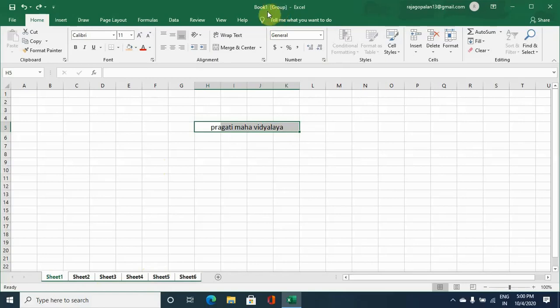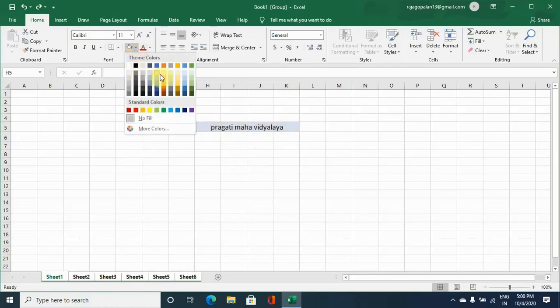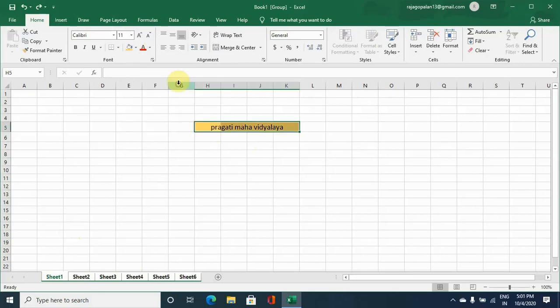Now the format that you make in sheet 1, now sheet 1 is the active sheet for us, will replicate in other sheets also. For example, this is the heading that we have selected, and say this is the color that we are selecting.